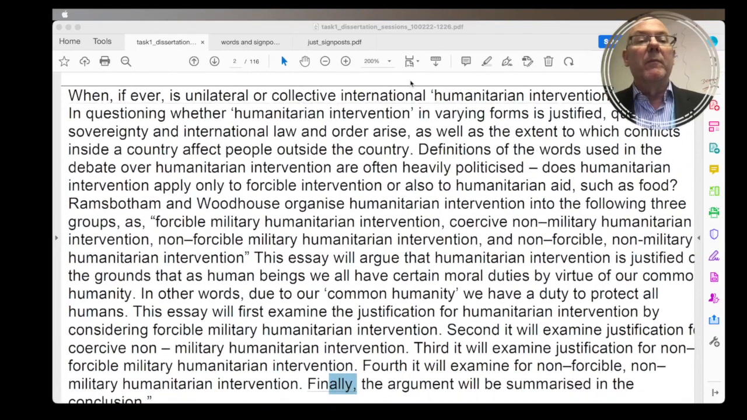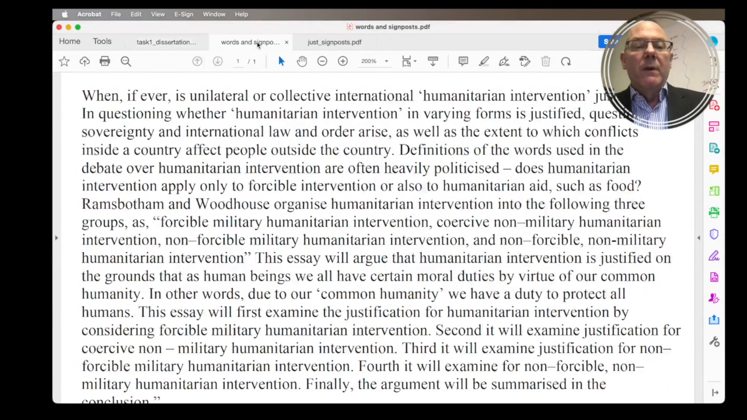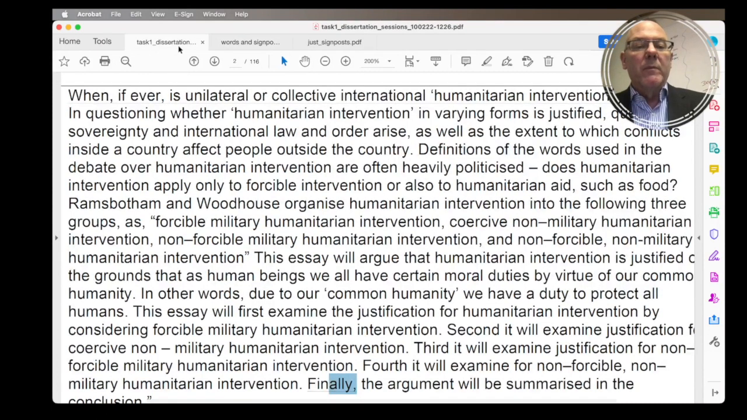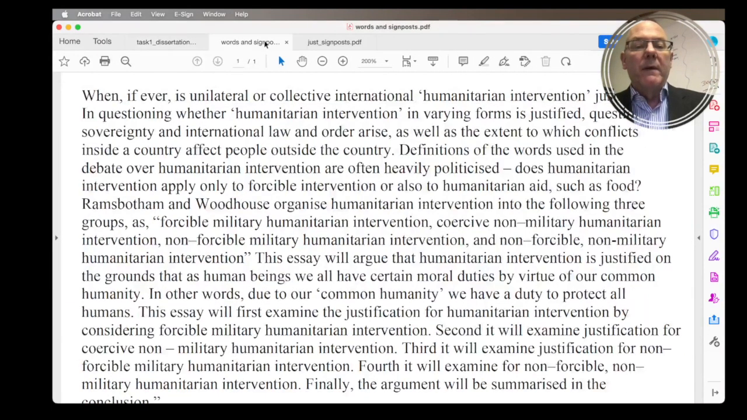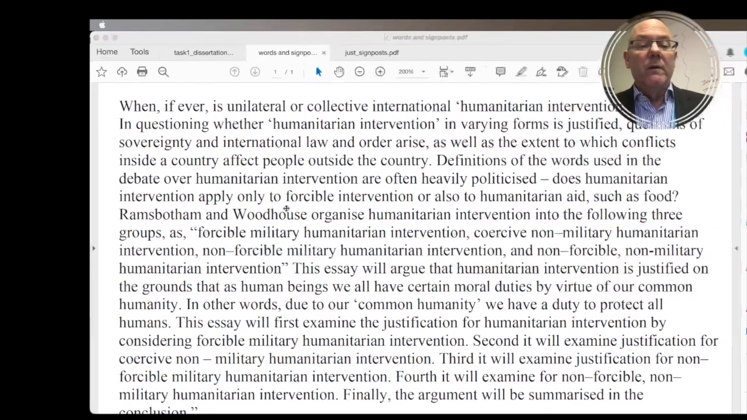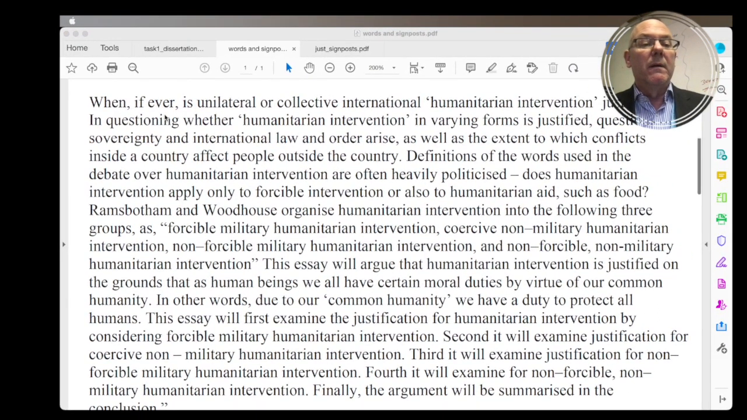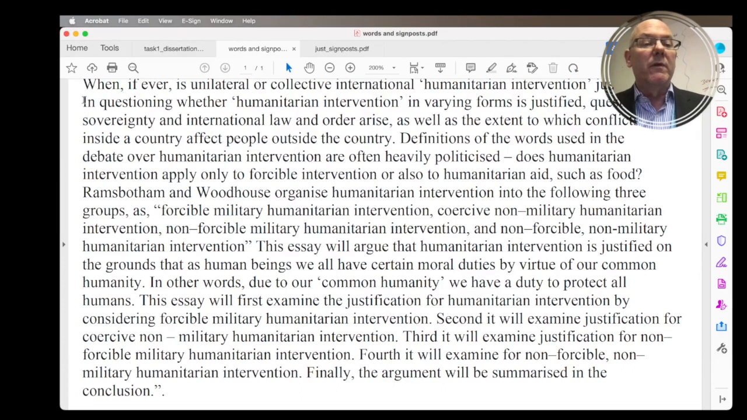Just to make the point slightly further about these criteria, we maybe have not found them all in this one, but these are signposts. So if we go to the signposts, you can see that I've taken the box away from around this, and what I've done in the next slide is I've removed the narrative. So all of this stuff that you can see where it says at the beginning, after the question, it says, in questioning whether blah blah blah,